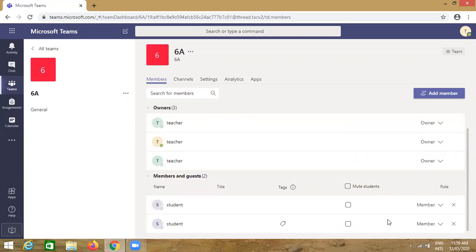One, you have created the team 6A. Second, you have added the members, that is teachers and students. Third, now we will create the channels that are equivalent to the number of subjects in the class. So come to the class, more options, click here.